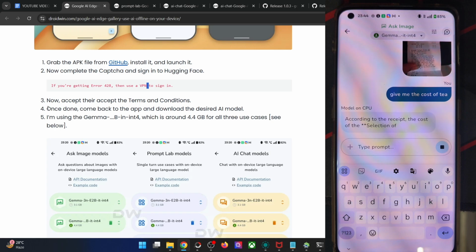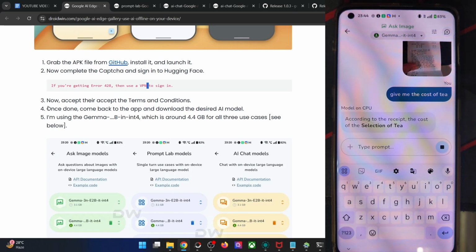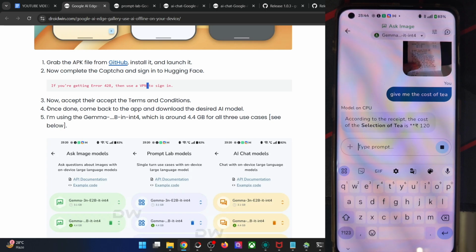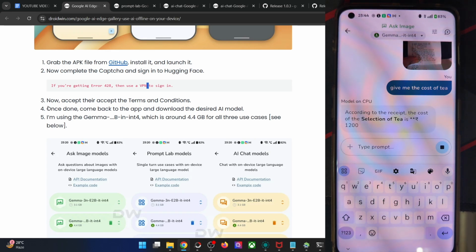Yes, it's quite a long time frame for waiting, but that's all because we are having an offline AI model. So that's not a cause of major concern, but that is a cause of concern anyway. Let's not use the online tool to compare it. Okay, we have got the rupee sign, but it's taking quite a lot of time. Okay, so it's giving us the cost of the entire tea, which is fine with me as well. So it gave the right answer as well, 1200, which is the right answer. But it is taking time, but that's fine with me.